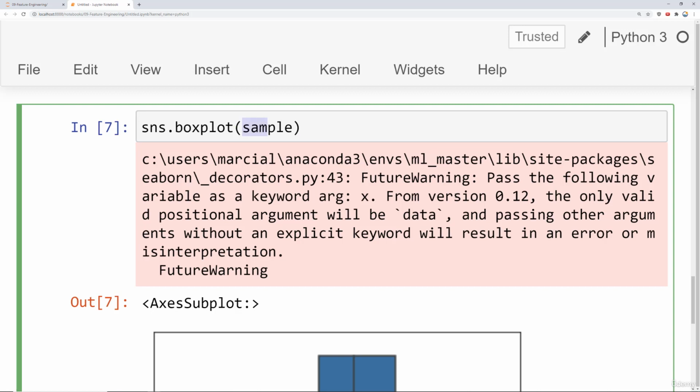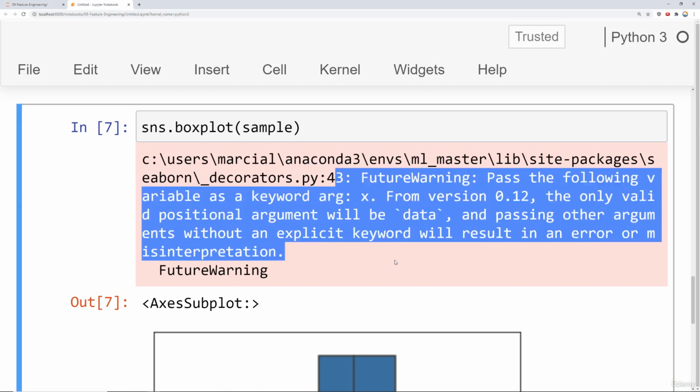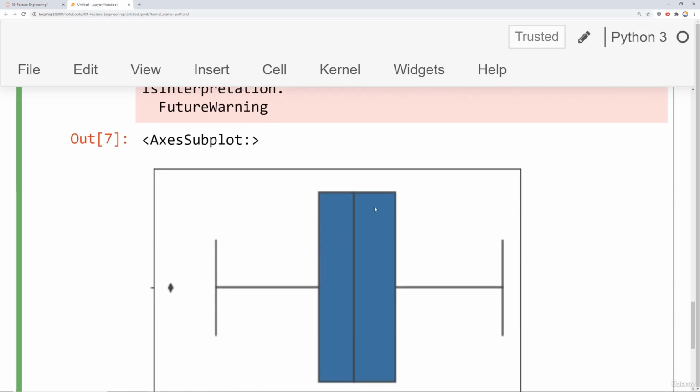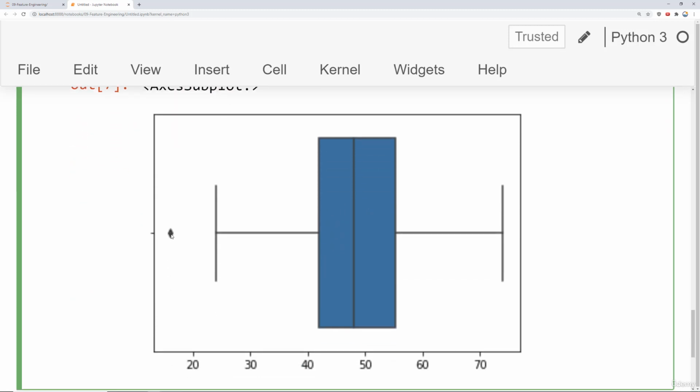So if you're running a future version of Seaborn than what's shown in this video, you'll get this warning. Keep that in mind. It's not a big deal. It's just telling you you have to say x is equal to or data is equal to, etc. So it's just about arguing the position versus just passing in sample. Other than that, we can see here that it looks like based on 1.5 times IQR, we do have an